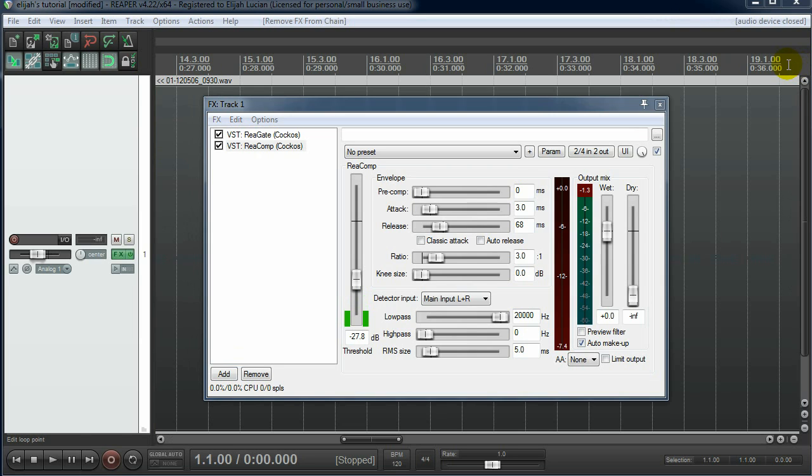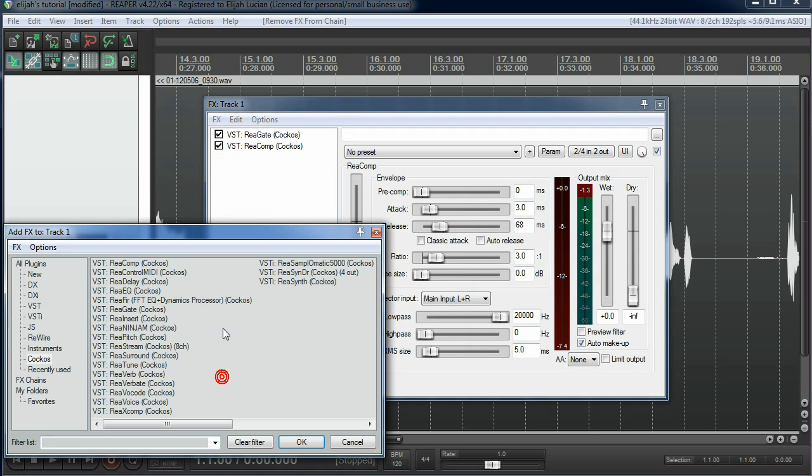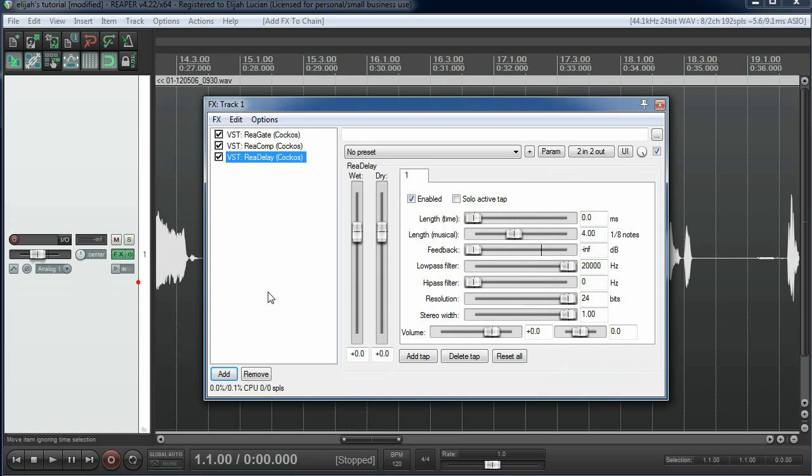Okay, so simple effects: delay and reverb. As a sound guy, I'm going to suggest that you learn delay more than you learn reverb, because reverb can get very, very messy. You can swamp things in reverb so easily. So I'm going to show you how to use delay effectively, because that is honestly the most important effect in